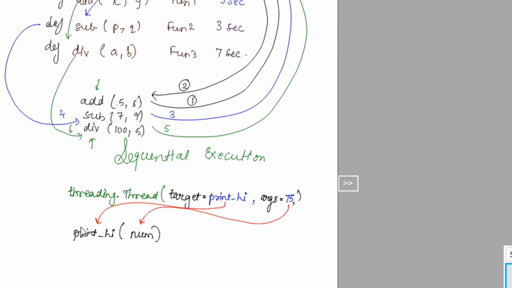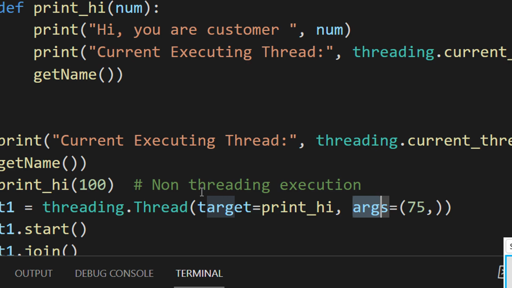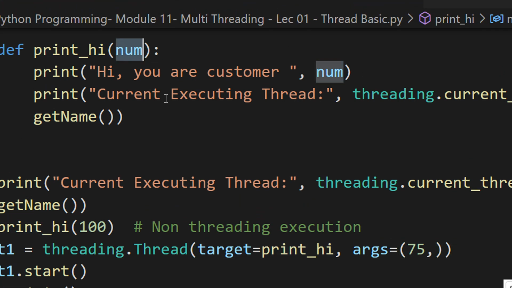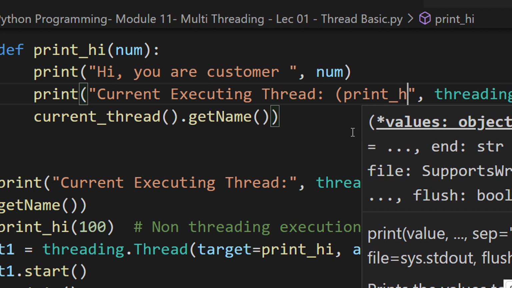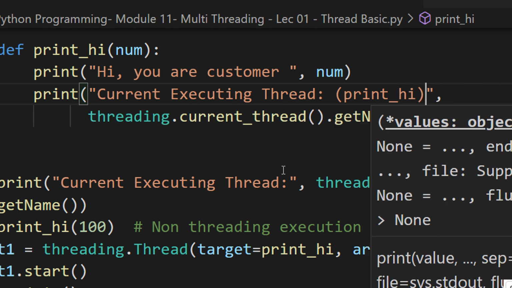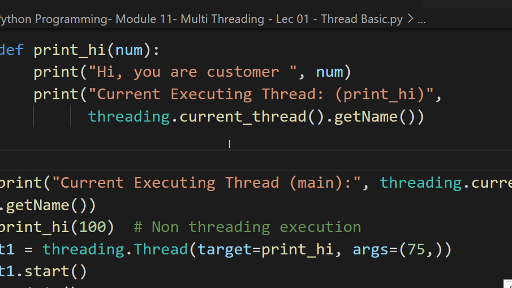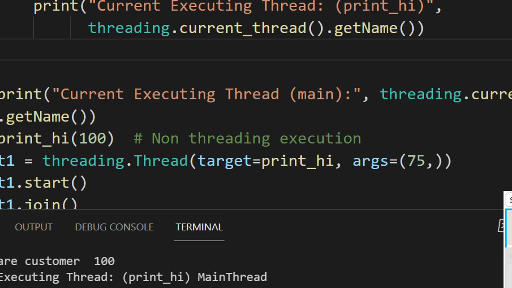So basically it says that I am calling the function print hi with the argument 75. So print hi is called and the argument is passed, which is 75. So let me just make this as print hi just for your convenience, and let me make this as main, and execute the code again.